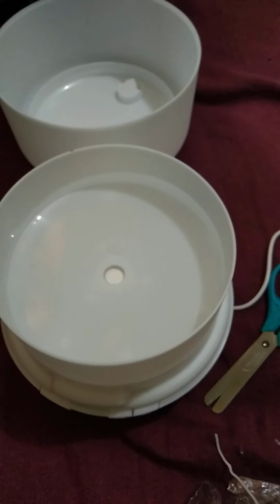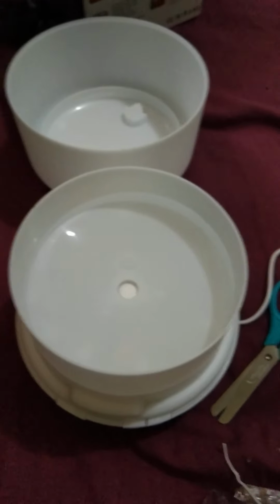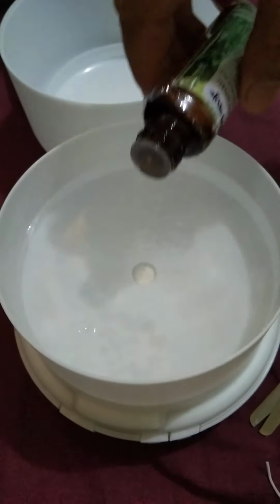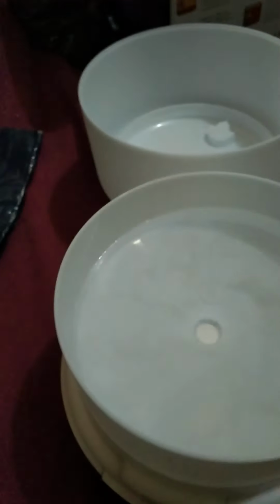Okay, now we're going to put at least 5 drops of the oil. Okay, and then we're going to cover. And we're going to plug it in. Yes, and then once it's already plugged in, you have to